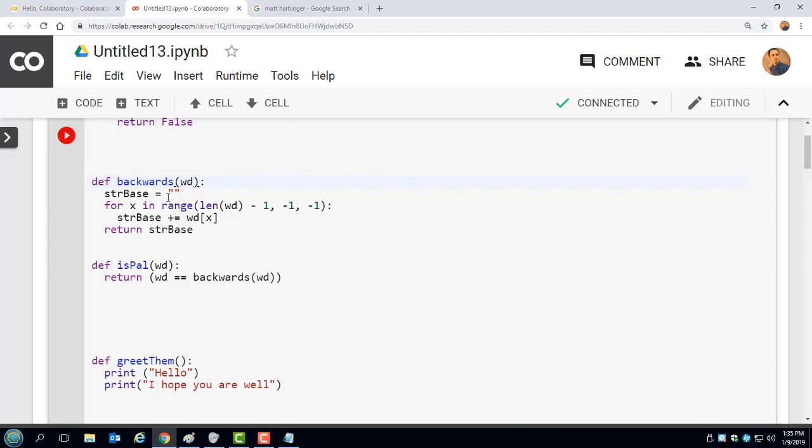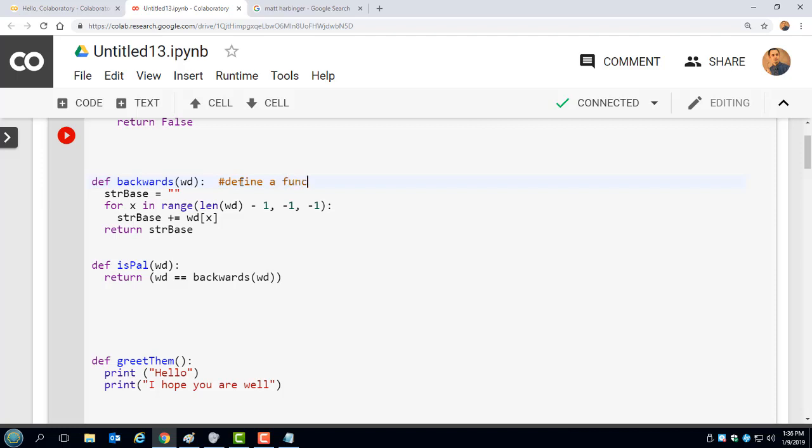I made an empty string called string base, which basically, it's got nothing right now, but I'm going to build onto it. I'm going to put letters onto the string so I can build a word up. So I think everybody should understand this top line, what's happening, and I think you should understand what this does. It's a blank, empty string. It has a length of 0, and it's there because I want to tack stuff onto it, which is happening down here. In fact, because I'm awesome like that,